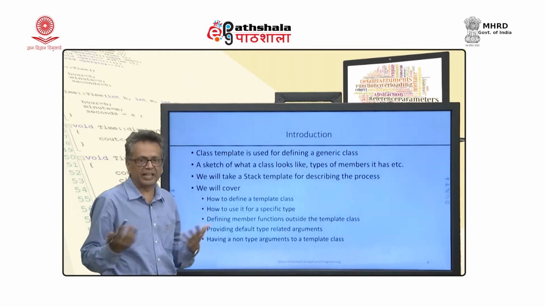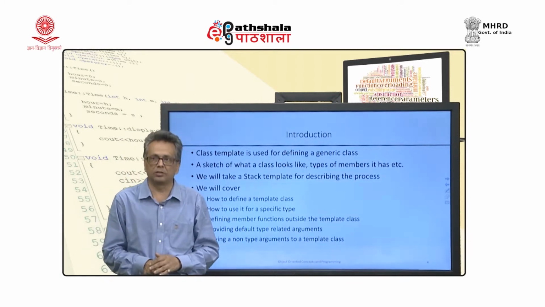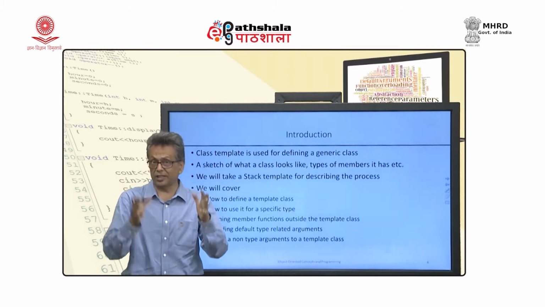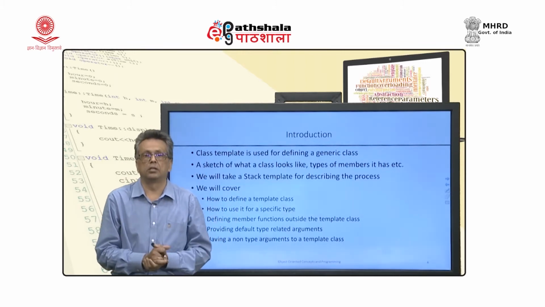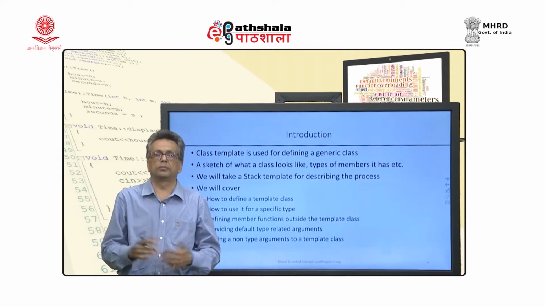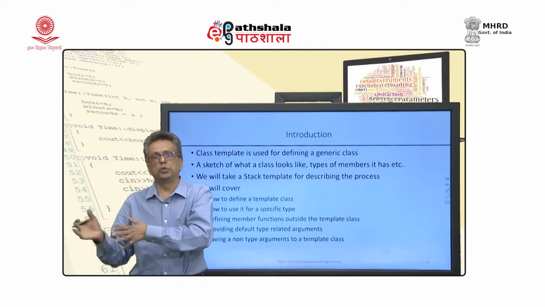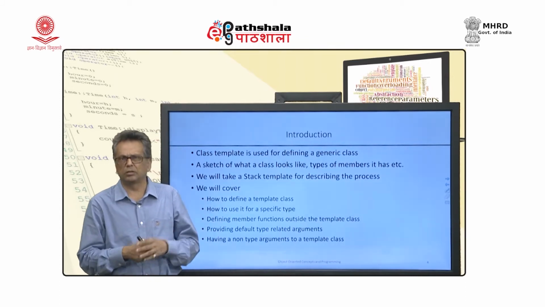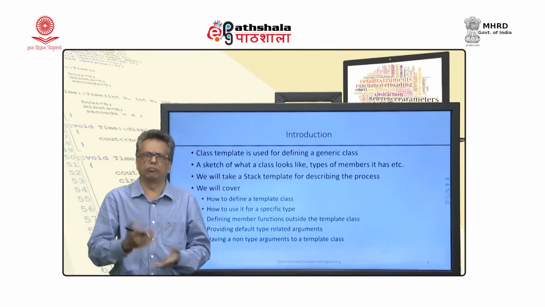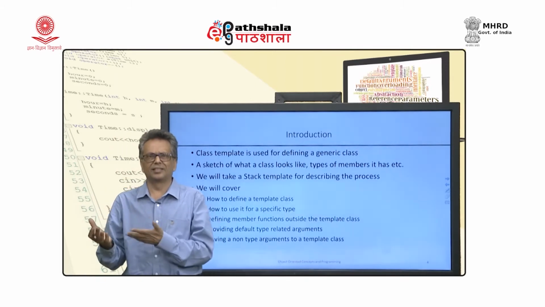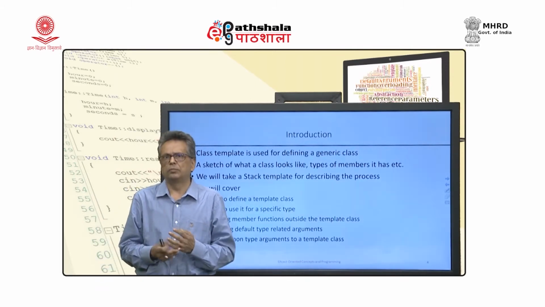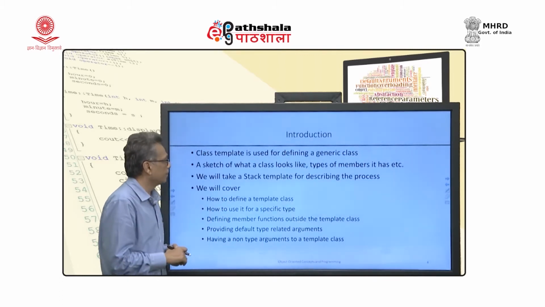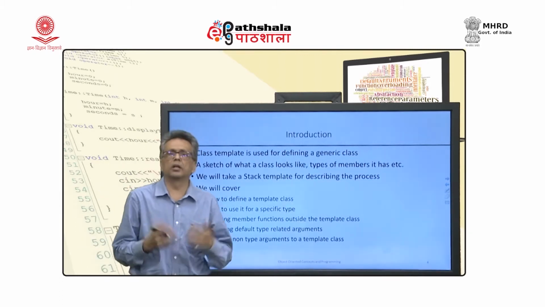It is basically a sketch, like a function template was a sketch of a function, of what a class should be doing without specifying the type of the element of the class. Okay, that is the class template. Later on, we will be able to instantiate that particular class when we define an object. This is almost the same thing which we have looked at in function templates. Syntax is almost the same, but there are some differences that we are going to look at in this particular module. We will start with a typical class called stack.